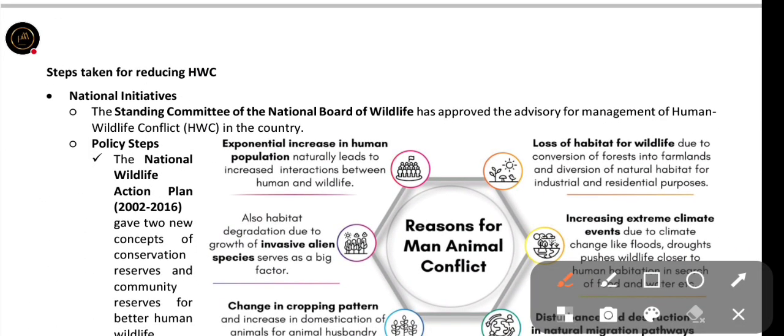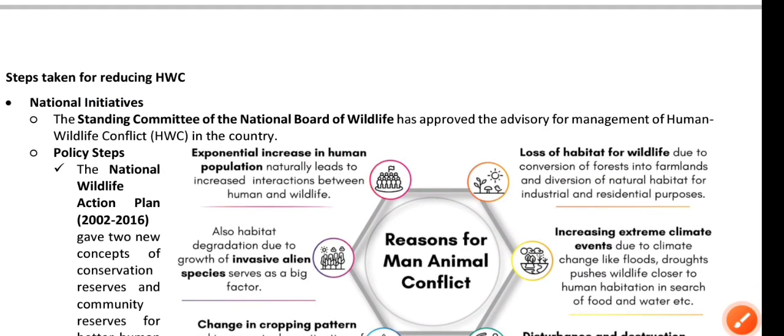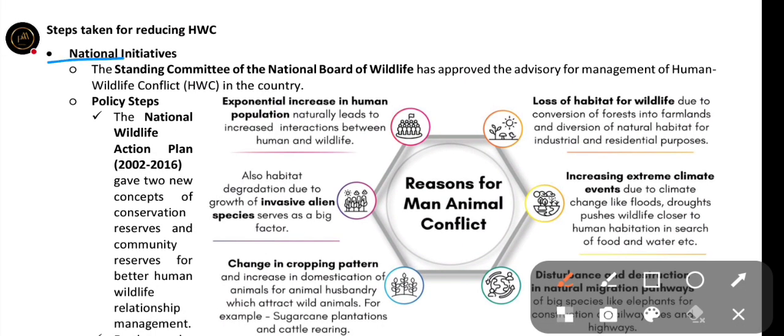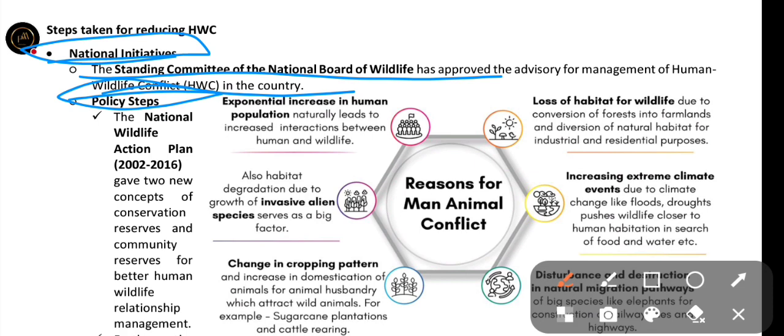And steps taken for reducing human wildlife conflict through some initiatives. Under national initiatives, the Standing Committee of the National Board of Wildlife has approved the advisory for management of human wildlife conflict in the country. And policy steps, that is, the National Wildlife Action Plan